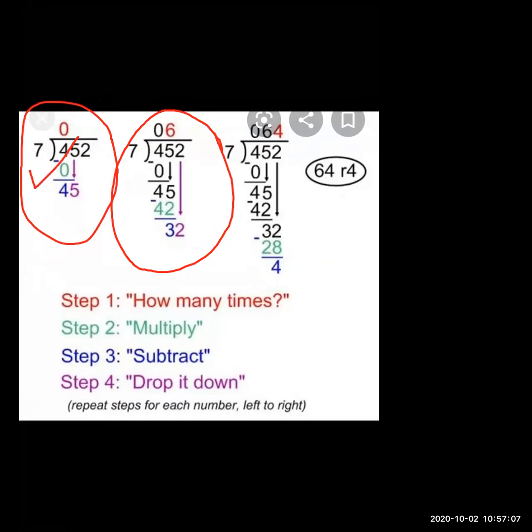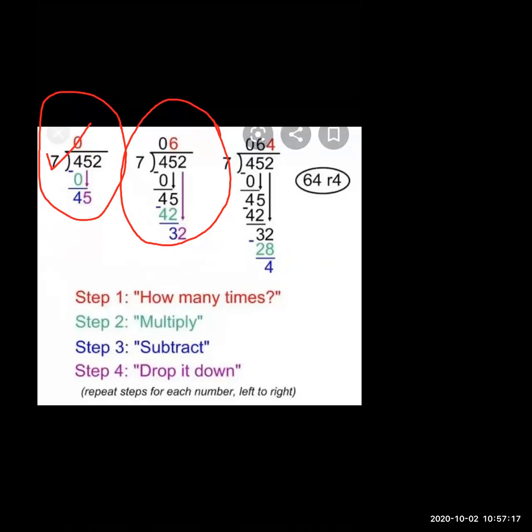Okay, very good. So students, now what you want to do? 7 6s are 42. You want to write it over here. Now I'm going to show you. See, 45 minus 42. What is the answer? 4 minus 4, 0 will come. 5 minus 2, 3 will come. What will come? 3 will come.